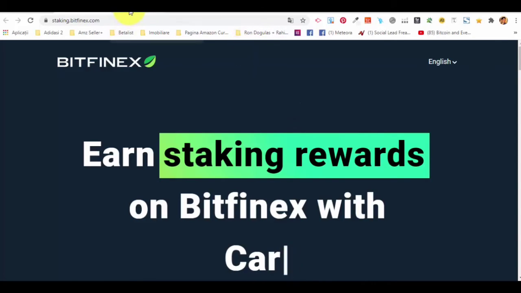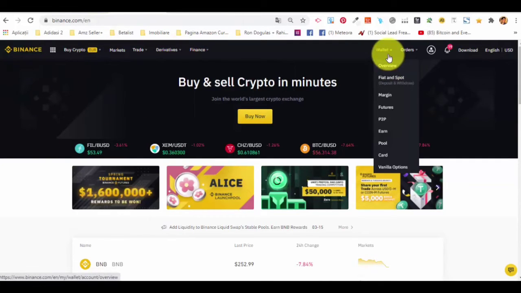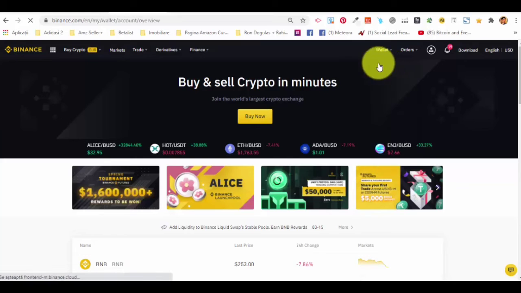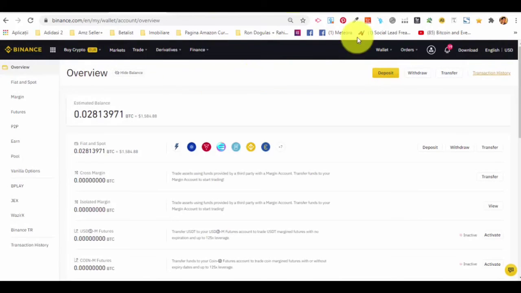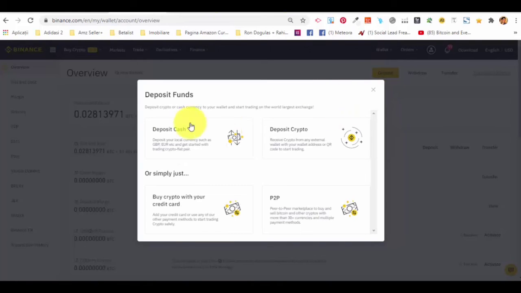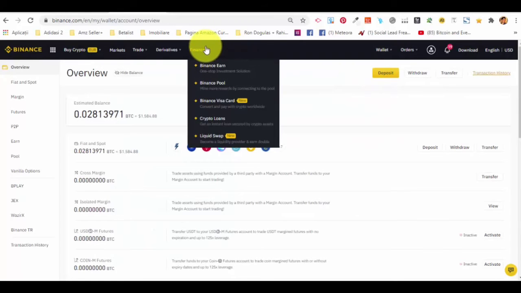Now, another platform where you can do staking is Binance, and it is very similar to Bitfenix in terms of how it works. You will see that you have a wallet as well. You just click on the overview button of the wallet, click on deposit, and you can buy crypto with your credit card. It's as simple as on Bitfenix. You buy crypto with your credit card, and then